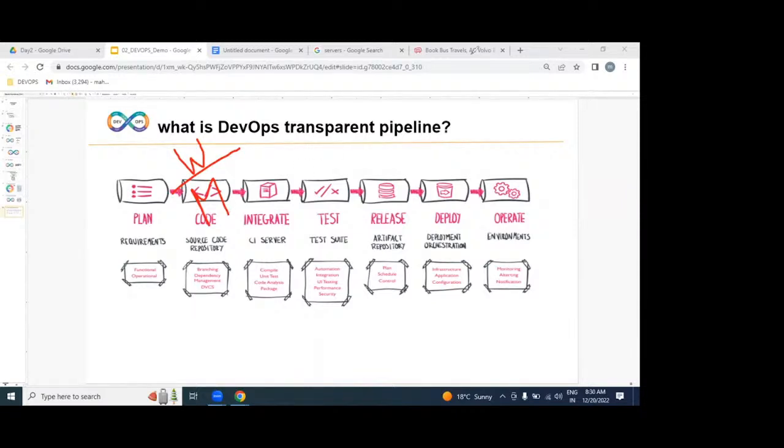How many developers do we have here? A number of developers continuously writing code. But all the code we need to mix and combine. How? Only one? No. Developers are continuously writing code, and in the same way, as a DevOps engineer, our responsibility is to integrate continuously. That code we automatically integrate continuously.